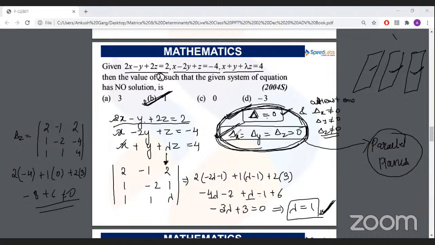Delta will also become equal to 0, and if planes are parallel, these three will also be equal to 0. So in that case you have to see that delta, delta x, delta y, delta z, all of them are 0, but then also you are not getting infinite solutions, you are getting no solution. Why? Because these three are parallel planes. So you always have to double check whenever all four are coming equal to 0. You do not directly say infinite; you have to check whether the planes are parallel, and if planes are parallel you will say no solution, and if